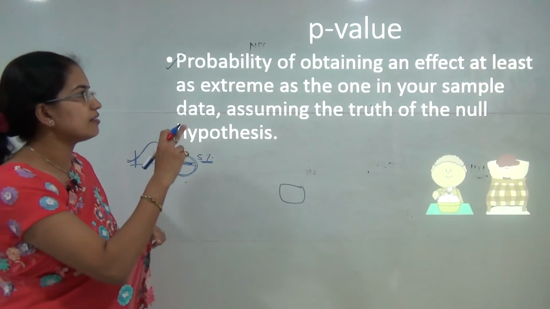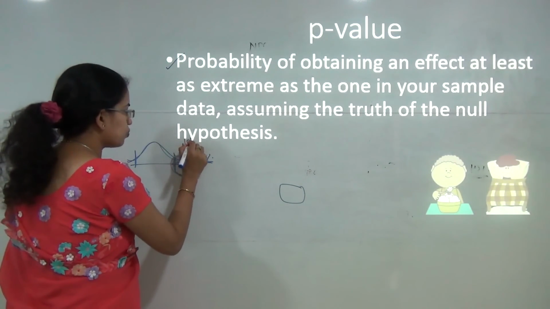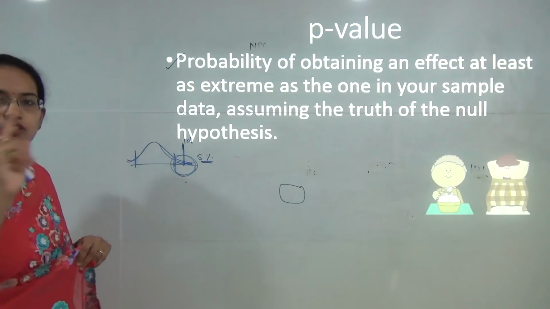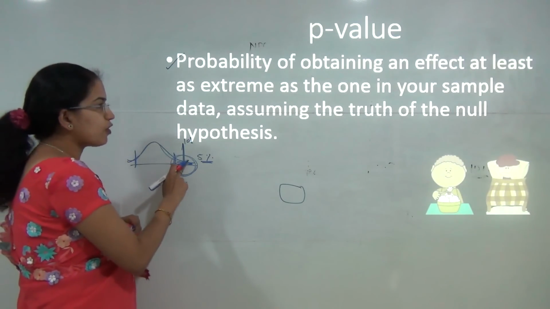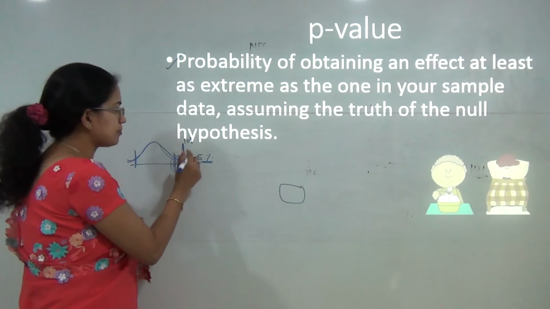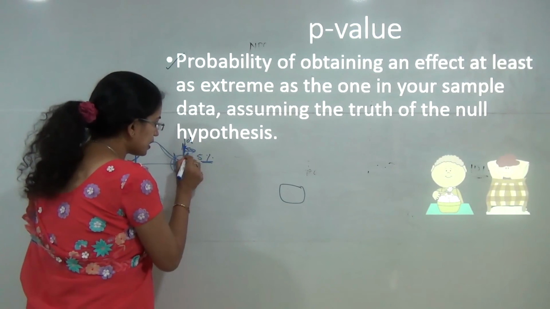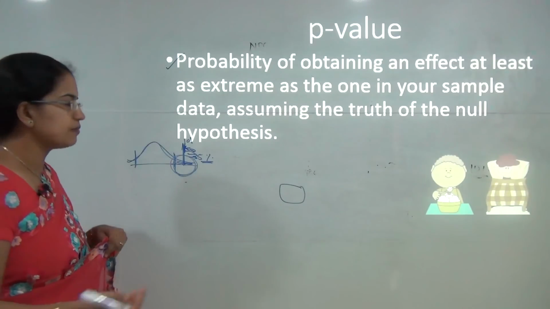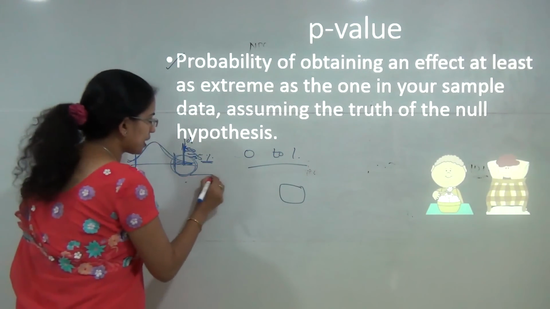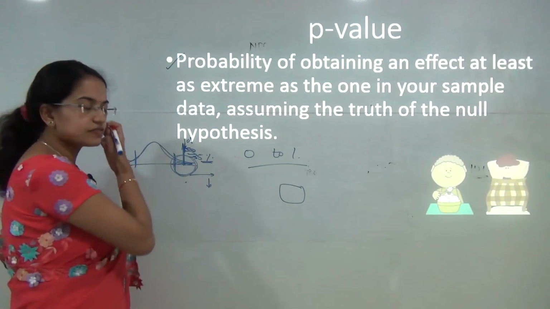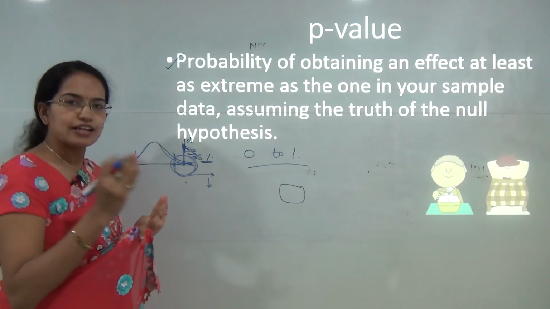Now moving on, you have the p value. As we explained here, let's say my value comes to be 101. So assuming the null hypothesis to be true, the probability of obtaining an effect as extreme as the value that I have would be the p value. So all the values that would be here would fall under the p value. So the p value moves from 0 to 1. As you move here, your p values would decrease, as we said. When it's closer to the mean, you would have values closer to 1.